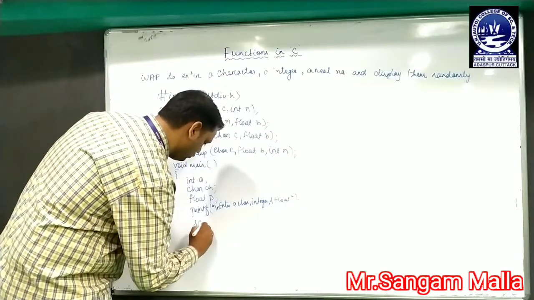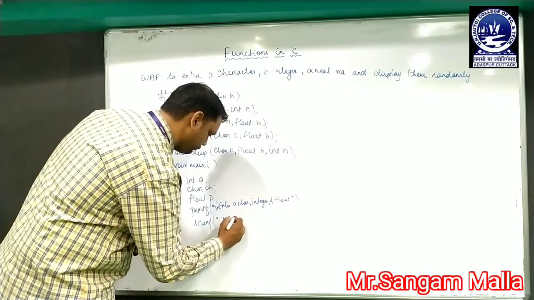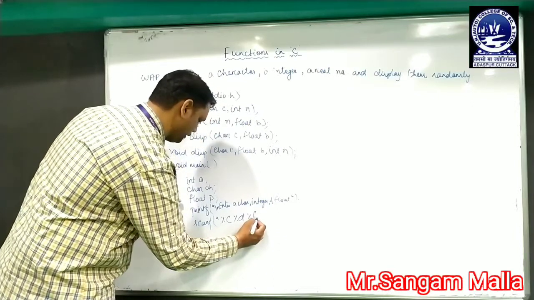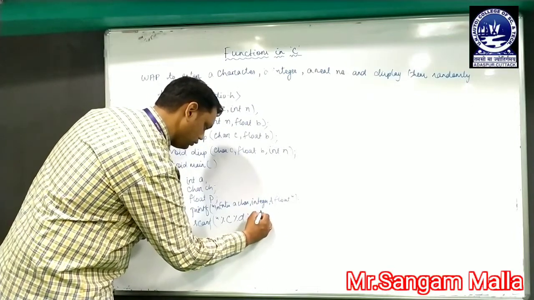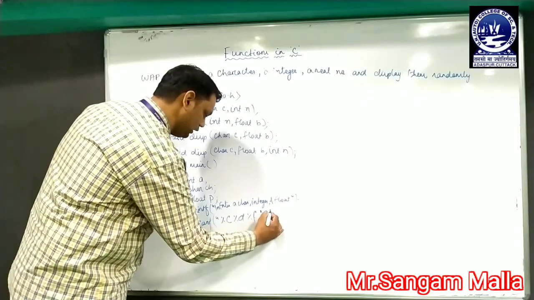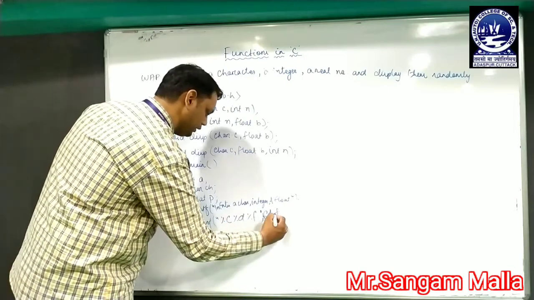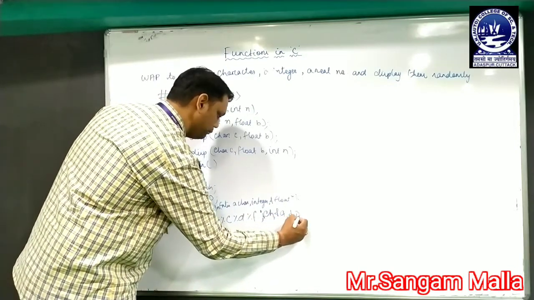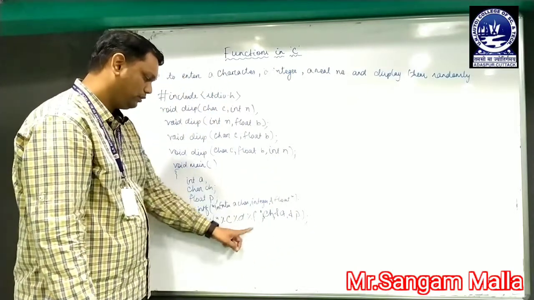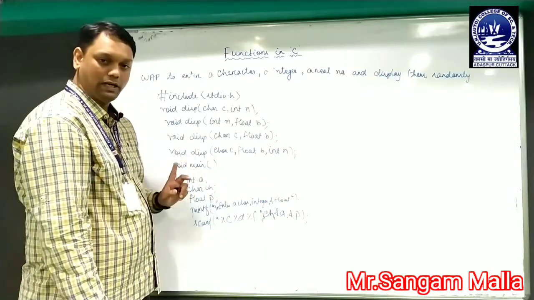So I have to work accordingly, that is scanf %c for character, %d for integer and %f for float. The variables are: for %c first the character value, that is ch, then the integer value, that is %d for a, and %f for the float value p. So we have taken a character, an integer and a float, and in this way we have accepted them in 3 variables, that is character, integer and float.